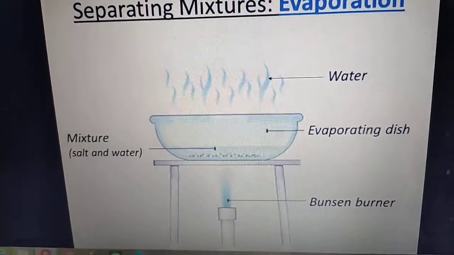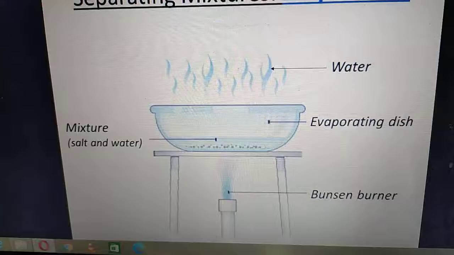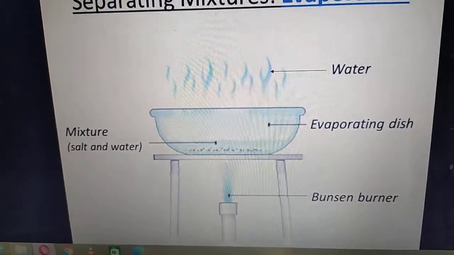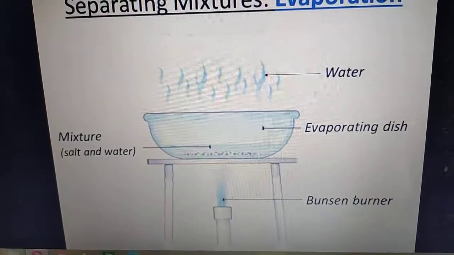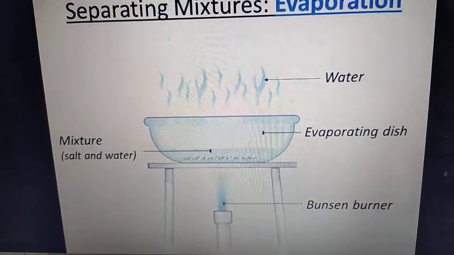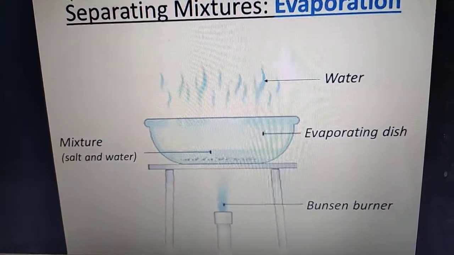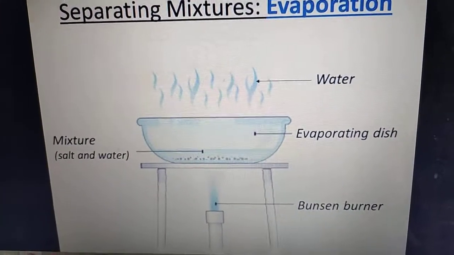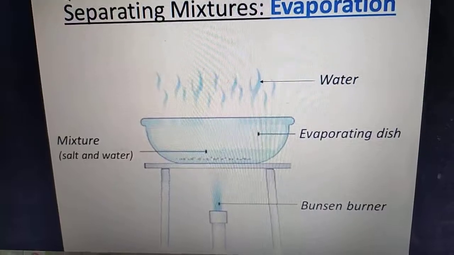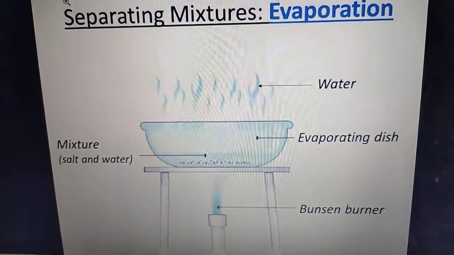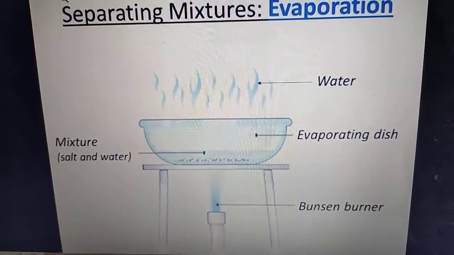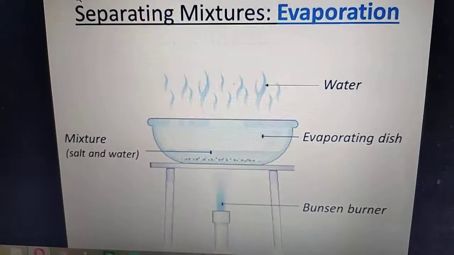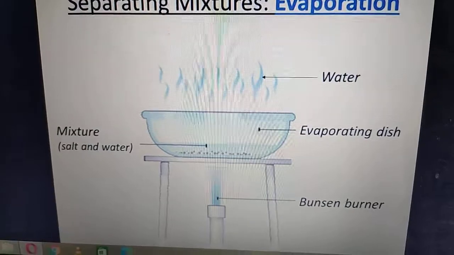When the solution containing dissolved salt in water is heated, water vaporizes, leaving behind salt, which does not vaporize at this temperature. This process is called evaporation. So like that you can get salt from water. Water evaporates and the salt is left behind in the china dish. So with this you can separate a soluble solid from a liquid.